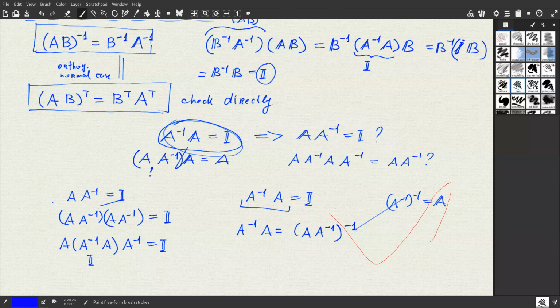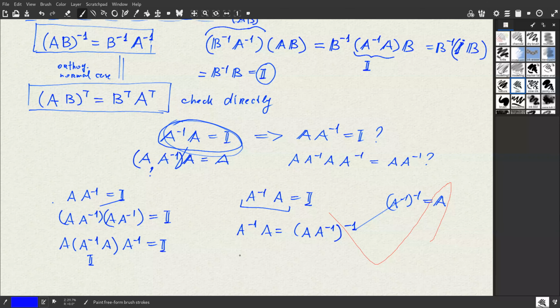That's easy to see, double inversion. Therefore, if this is the case, what we do, A minus 1 inverted is, okay,